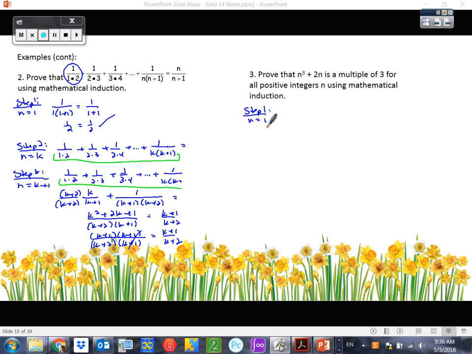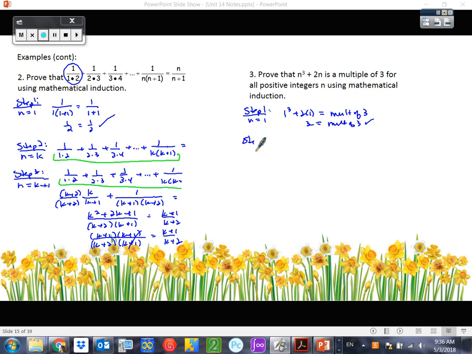n equals 1. So I'm going to substitute a 1 in this expression. So 1 cubed plus 2 times 1 equals a multiple of 3. I'm just going to use the words multiple of 3. That's perfectly fine. So let's see if that's true. 1 cubed plus 2 is 3. Is 3 a multiple of 3? Yes, it is. Check. We know what multiples of 3 are, right? 3, 6, 9. All right, step